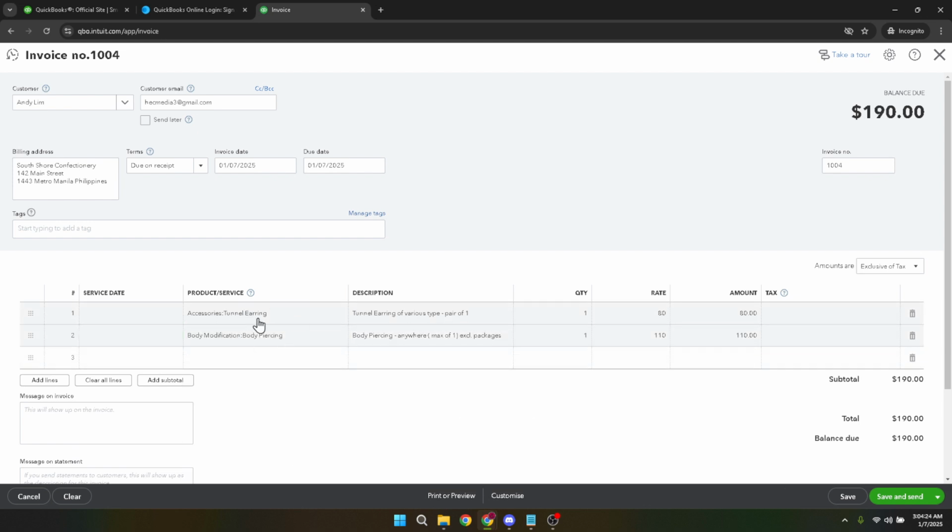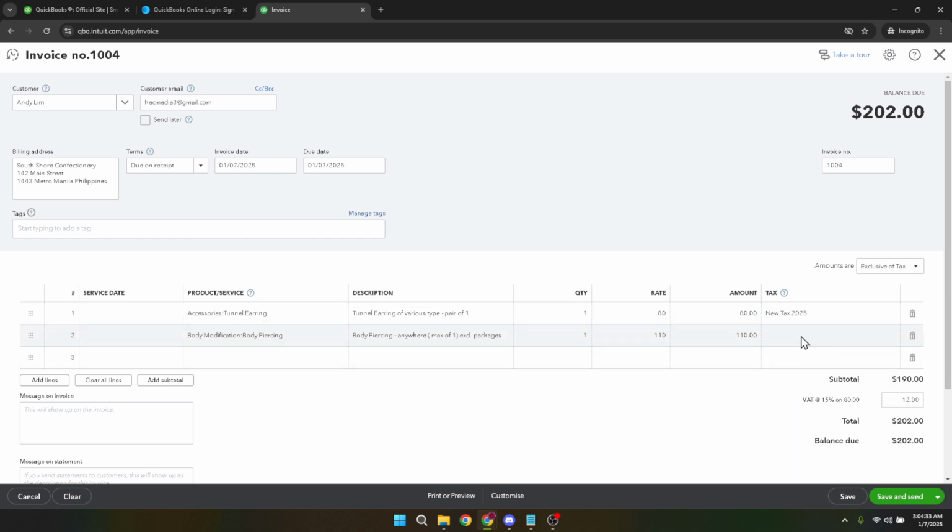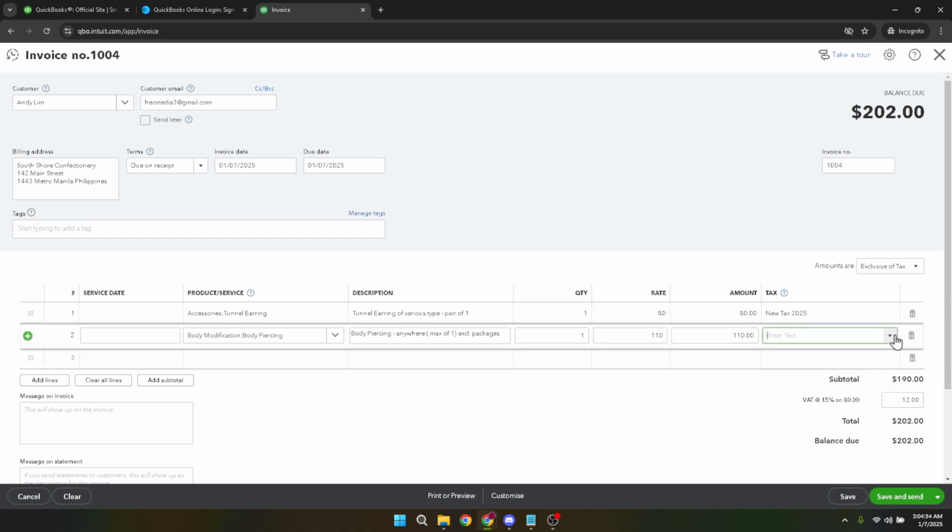Now that we've got the essentials set, let's go ahead and add your tax. Just below the line item section, you'll spot an option for tax. Click on this and a drop down will appear showing tax rates you've already created in QuickBooks. If your applicable tax rate is listed, go ahead and select it. If not, you'll need to set it up. That typically involves entering the tax name, description, and rate. Ensuring that the correct tax is applied to your invoice is crucial for maintaining compliance with local and state tax regulations and for accurate calculation of the invoice total.